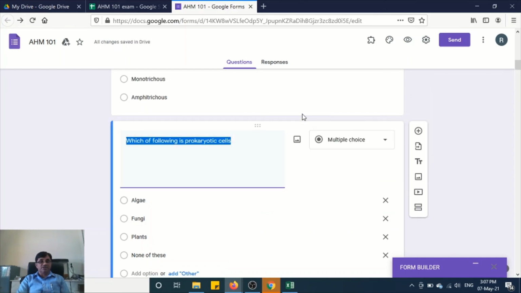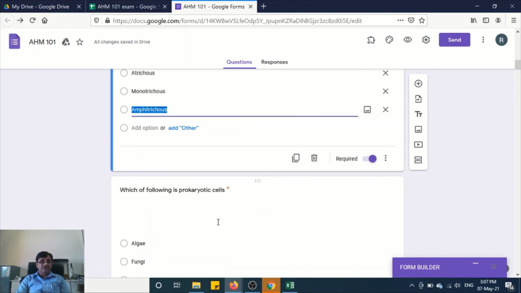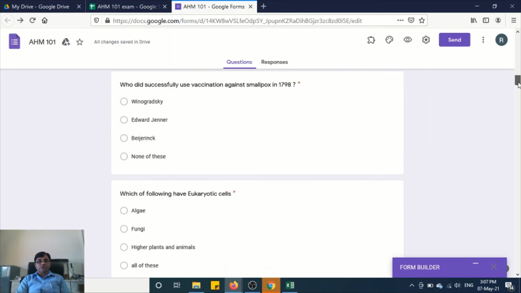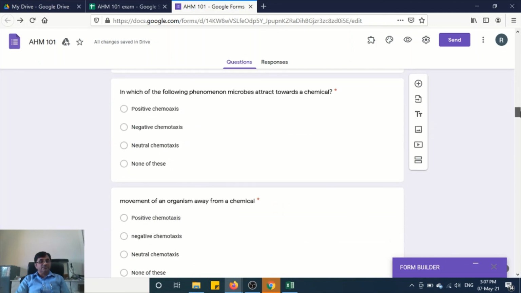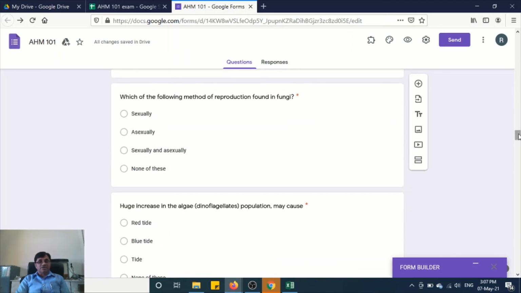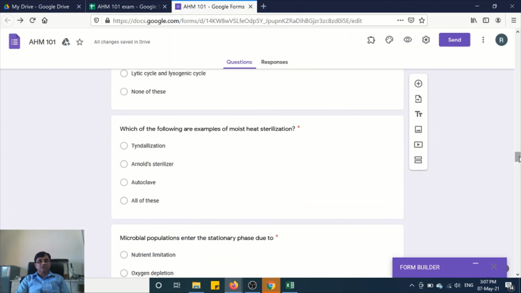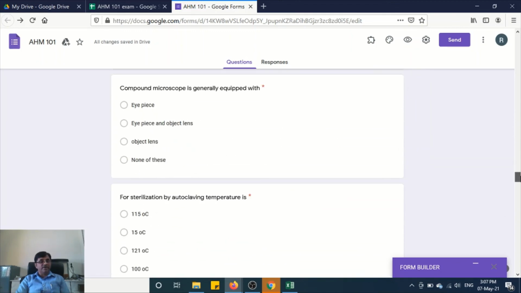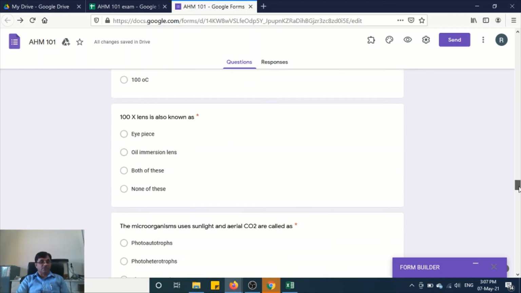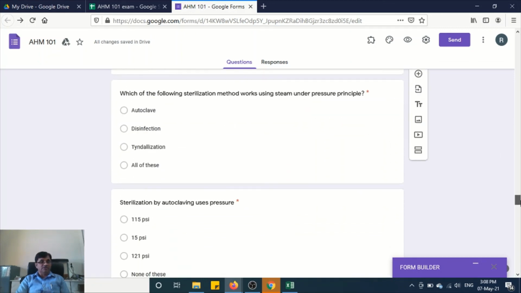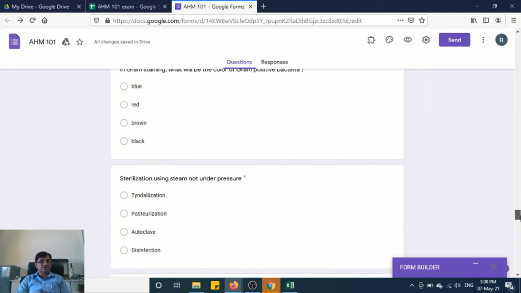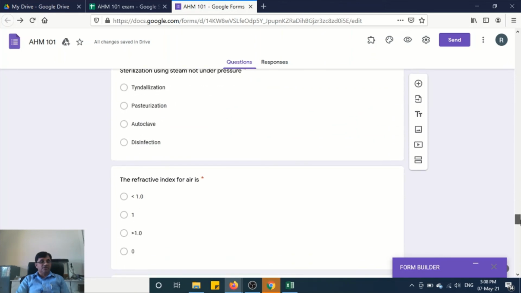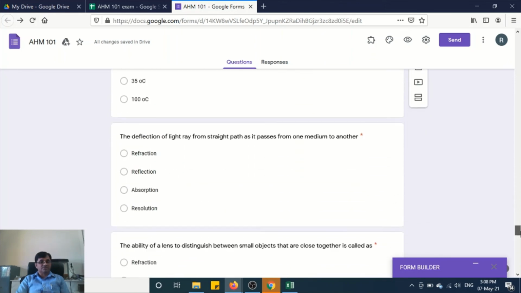You can see here the red star is there, so it shows that it is a compulsory question. So accordingly, as per your requirement, you have to change the settings and all that, and once you have to verify whether all the questions are imported correctly or not. You can see here, so each question is imported along with its options.